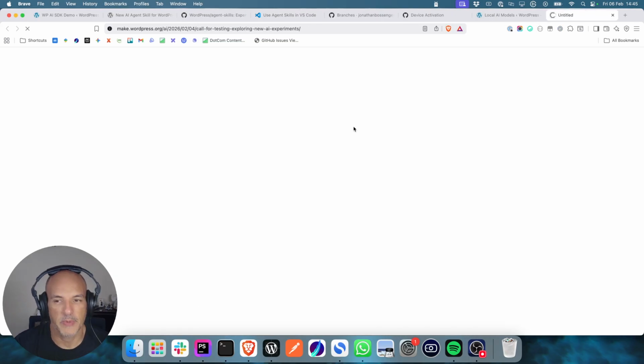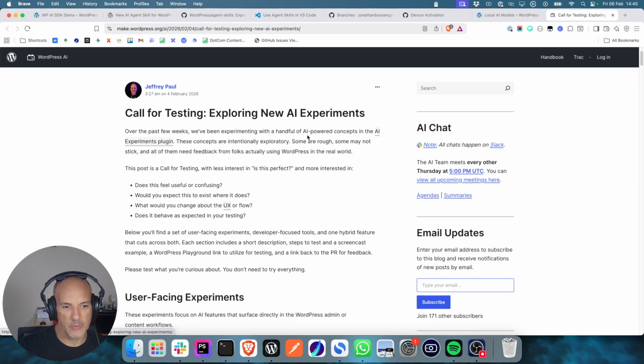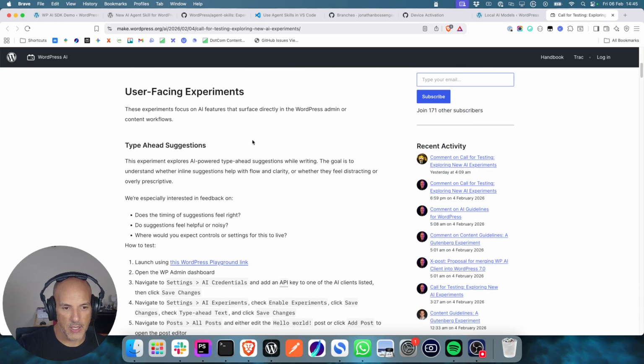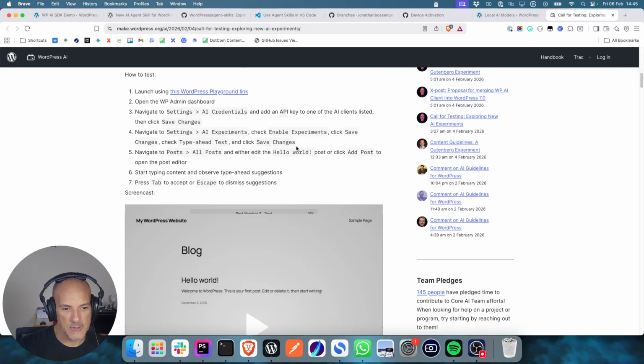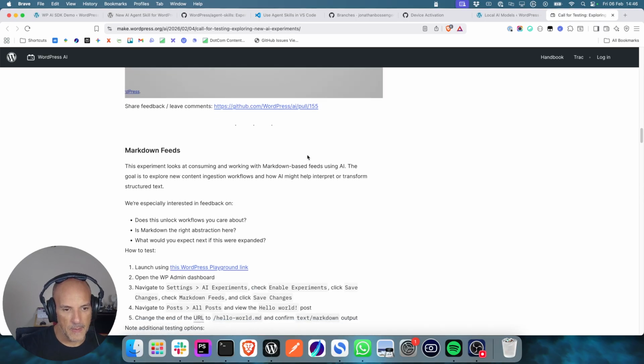Let's go and test AI experiments. So last month I shared that the AI experiments plugin had released version 1. There's a new bunch of things that people have been working on. So there's a type ahead suggestion. This experiment explores AI-powered type ahead suggestions while writing. So we could check that out. Comment moderation assistance. I'm not going to be able to check that out unless I comment on something, but I guess I could try. Markdown feeds looks at consuming and working with markdown-based feeds using AI. The goal is to explore how content ingestion workflows